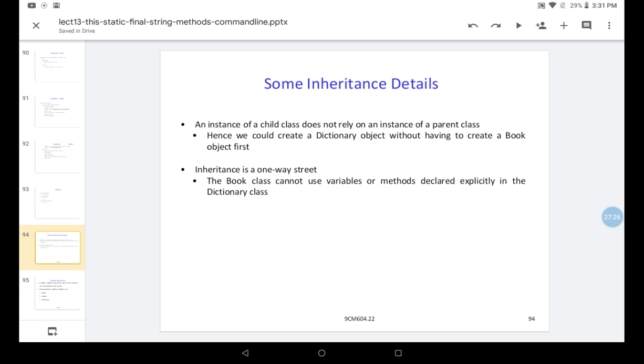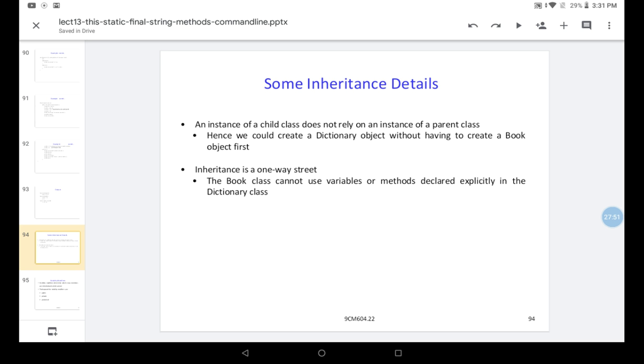In the previous example we have seen Book is the parent, and Dictionary and Novel are subclasses. So here Book is the superclass and Dictionary is the derived class. What we are saying here is we could create a subclass object without having to create a base class object first.